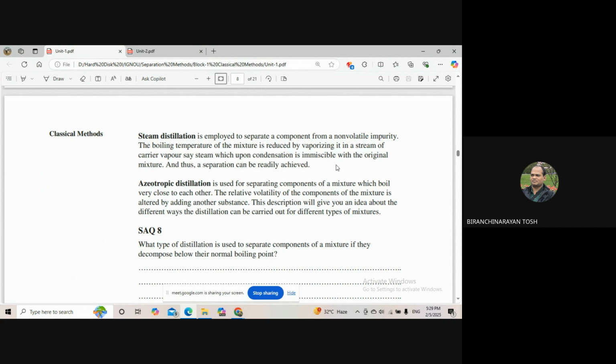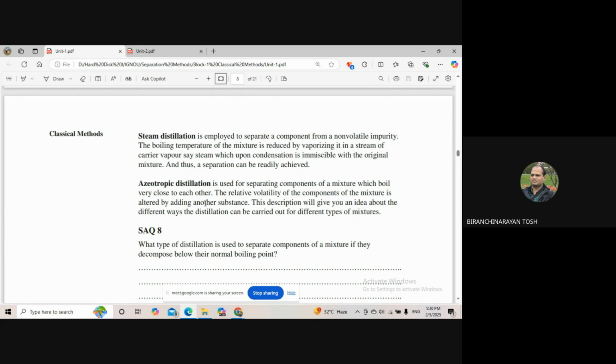Then azeotropic distillation is used for separating components of a mixture which boil very close to each other. The relative volatility of the components of the mixture is altered by adding another substance. This description will give you an idea about the different ways of distillation that can be carried out for different types of mixtures. So, an azeotropic mixture is such a mixture which cannot be separated,